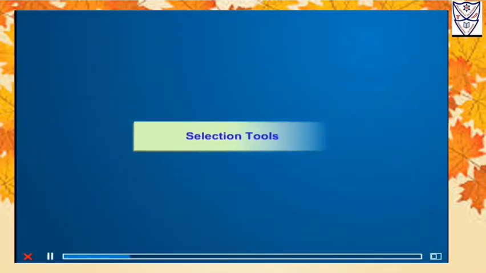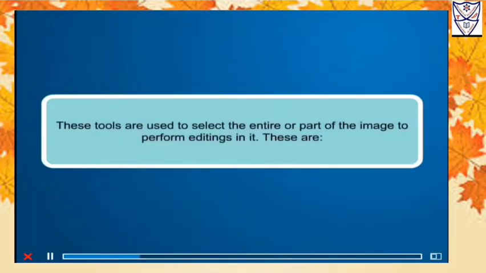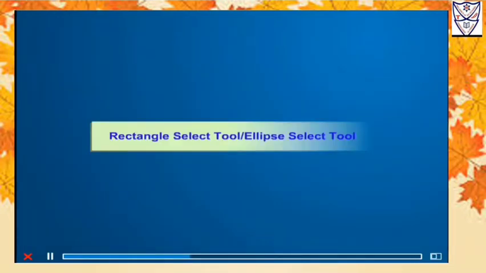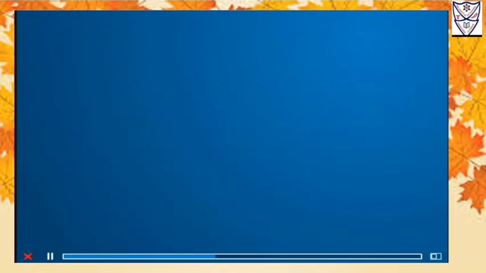Selection tools. These tools are used to select the entire or part of the image to perform editings in it. These are Rectangle Select Tool or Ellipse Select Tool.